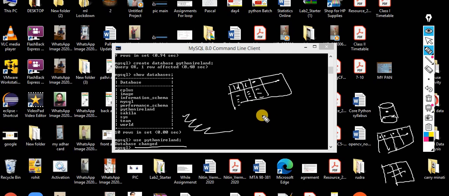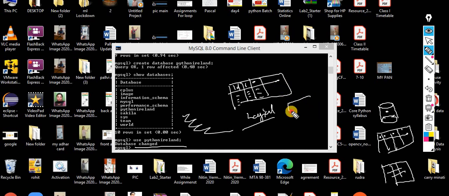That means you are creating some kind of schema. Without a schema, you are not supposed to perform anything. The table is a logical representation of data. You can consider it something like this. Whatever you are going to define, first you have to define this logical representation. After that, you are supposed to enter the data into that table.